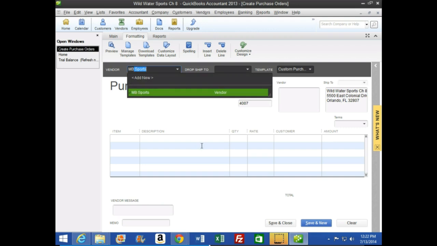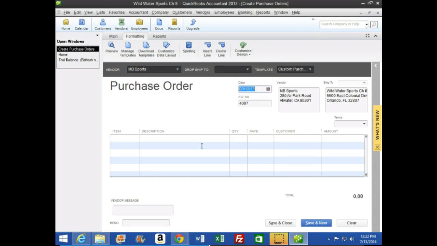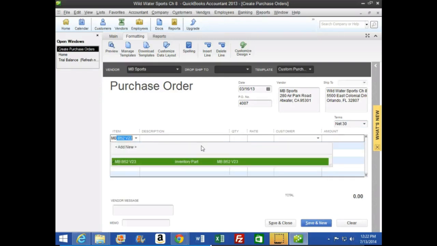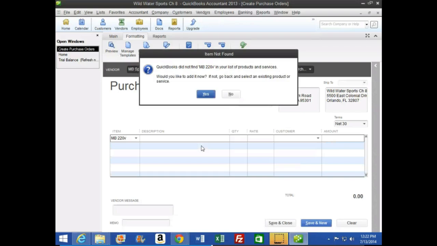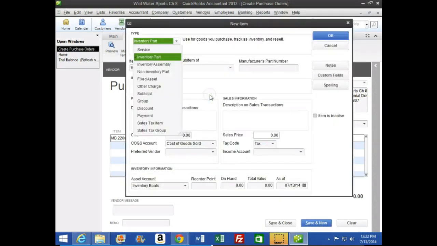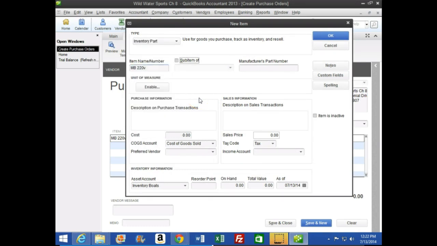So we're ordering from MB Sports. It's the date of the 16th, and it's 4007. That looks good. Terms net 30 once again. And the description is going to be an MB 220V. Don't have that. Going to hit tab. We'll need to add it. So QuickBooks did not see that, so we're going to have to add that here. It will be an inventory part, so we're good with that. That's the name. That's good. The description will be